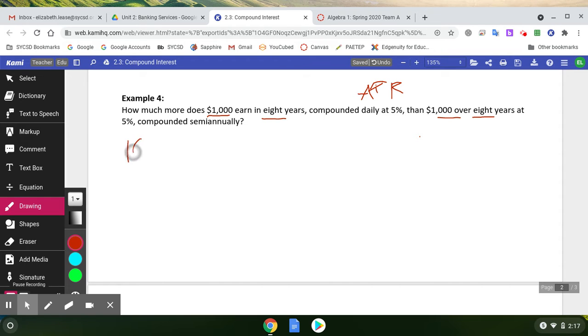So for our first case, we have 1,000 as the principal. 1 plus 0.05 divided by 365, raised to the 365 times 8 power. Remember, we take the compound frequency multiplied by the number of years, and that actually tells us the total number of times that we have compounded this account. So the final amount here should have been